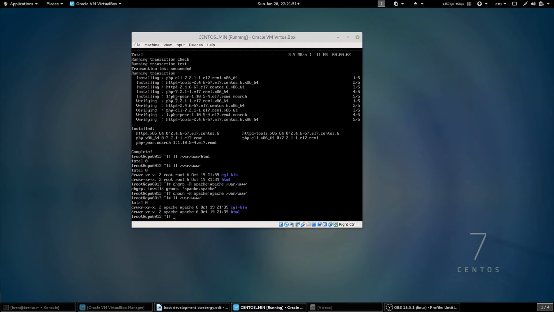Just let's see that's happened. Right, okay, and there we go. We can see that that's changed now to Apache. So everything's good in terms of that. Let's just change the permissions on the directory using the chmod command. And we'll change the permissions to